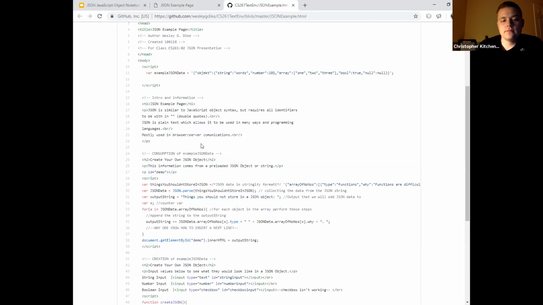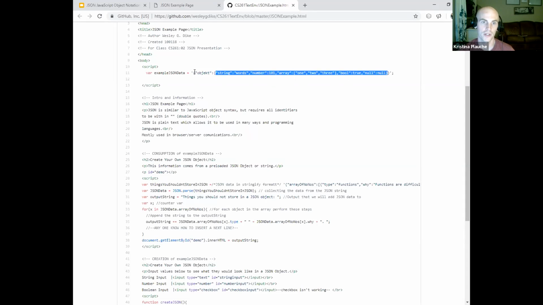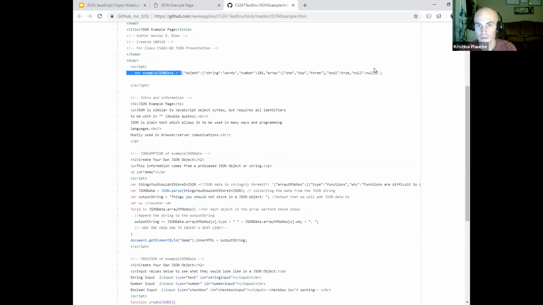So when that creates that JSON object, essentially, it's literally just a string of text with commas separating the different values. Yeah, pretty much. Okay. So you can do the same thing with JavaScript. Like if I take this here and took out the double quotes around each declaration and took the single quotes off the ends, it would be a JavaScript object. Okay. This is another way to declare JavaScript objects.